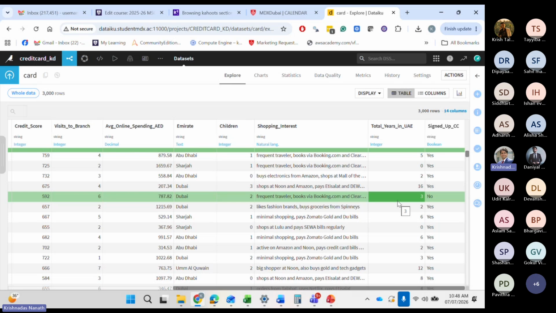And then for unknown customer data, where we don't know whether they will sign up or not, there is another data set. We'll bring that data set and pass it through our model. This time we'll pass it through the decision tree and then see the predictions on whether those customers will buy the credit card or not. Any questions before we take a break?